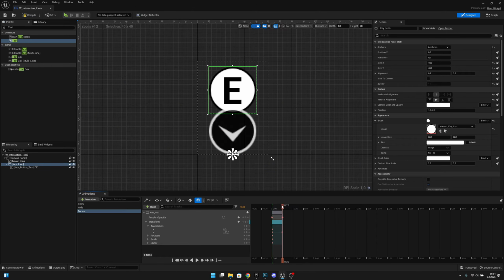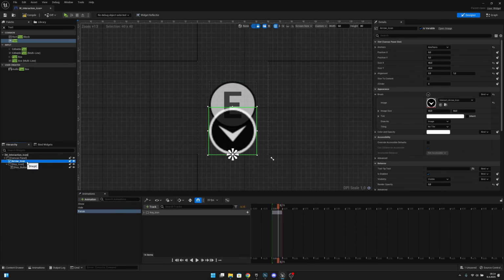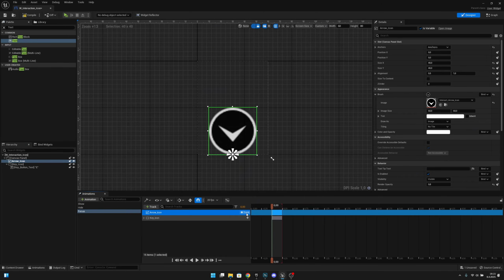Okay, so now what it will do is go like this. And then one more thing that we have to do with all this is we can close the key icon. And now we want to select our arrow icon. Okay, and add a track on that. And let's go to the 0 mark and add a